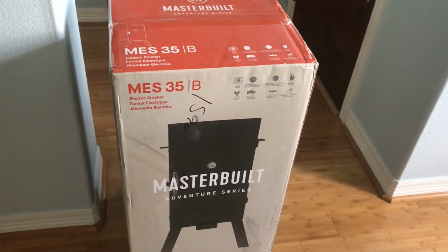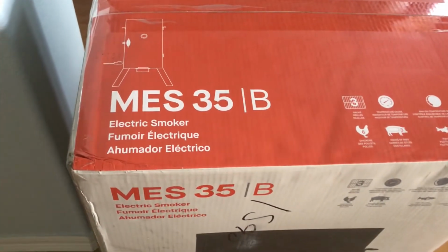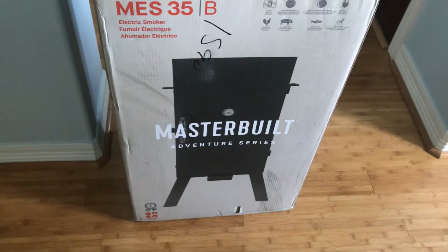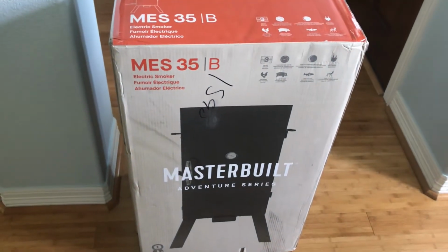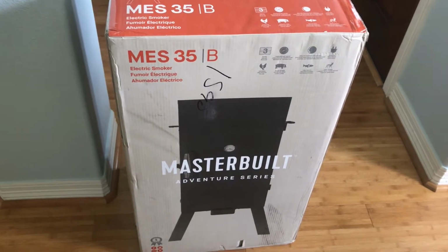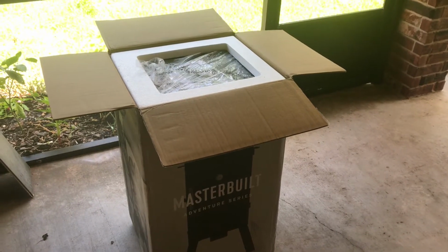We received a gift. It's an electric smoker from Masterbuilt. I'm going to open it and see how it looks. Okay, it's opened,